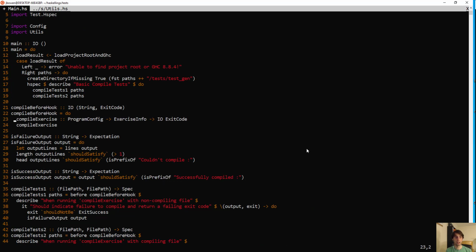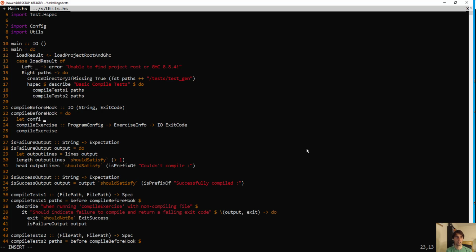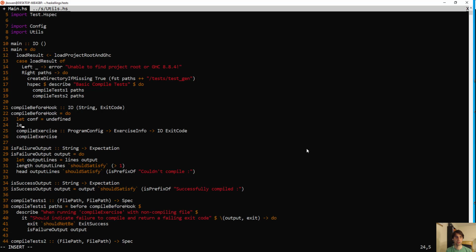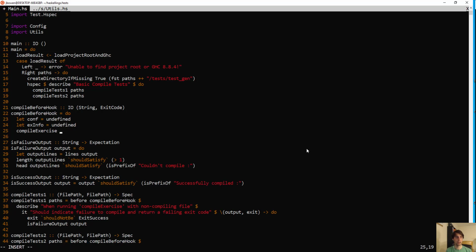So we're going to need a config. Say conf is undefined right now. And we're going to need some exercise info. And we'll pass these in to compile exercise, the program configuration, and we'll pass the exercise info. Actually, I'm going to give that a longer name so that it's not confused with exit info, because that is the exit code rather, what we're getting from this function. So we're saying result exit,